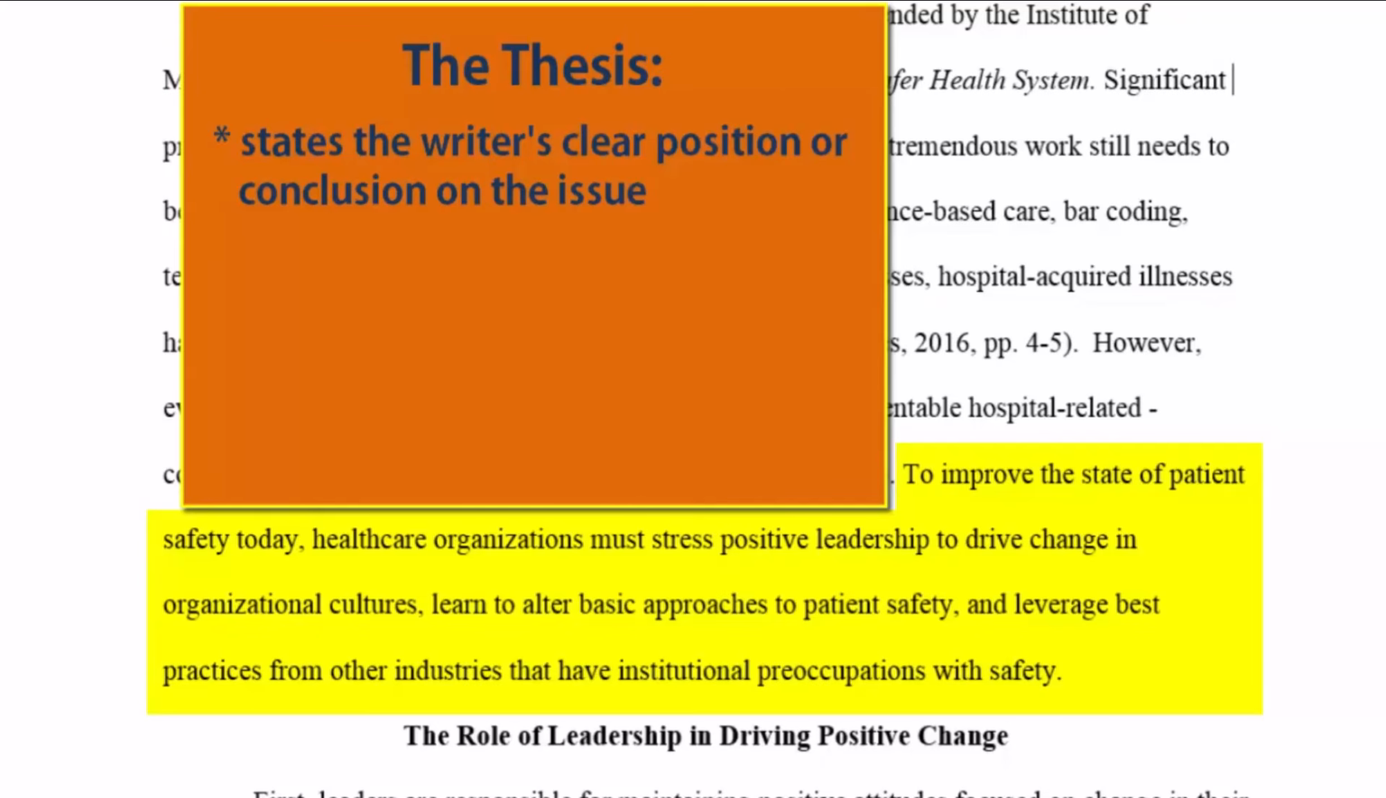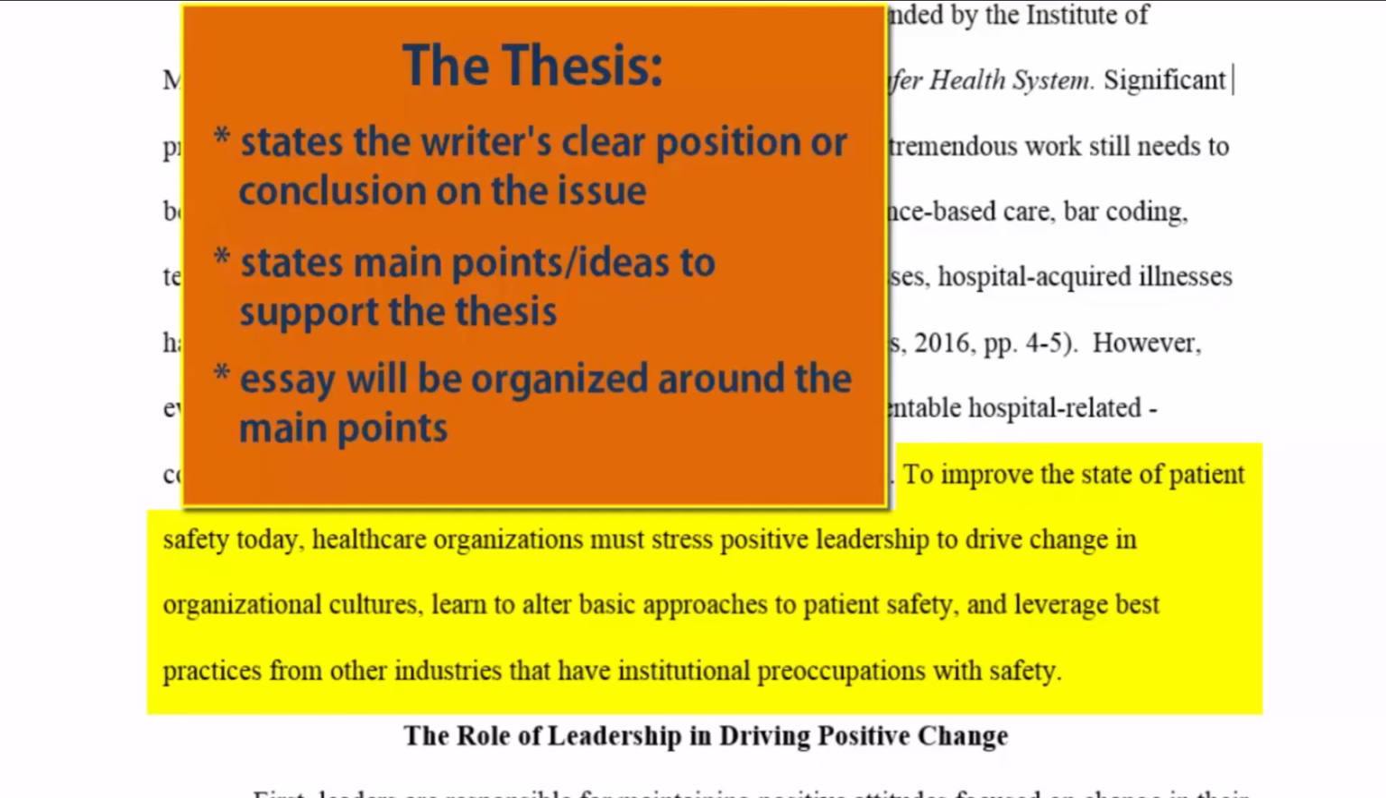This conclusion or thesis is based upon his judgment that came out of his research and thinking on the topic. Second, the thesis offers three key ideas on what the healthcare industry can do. In laying out his three key points, Marcellus is signaling exactly how the essay will be organized around those three